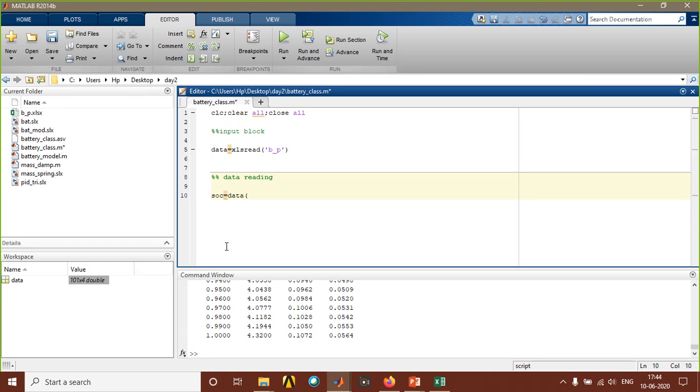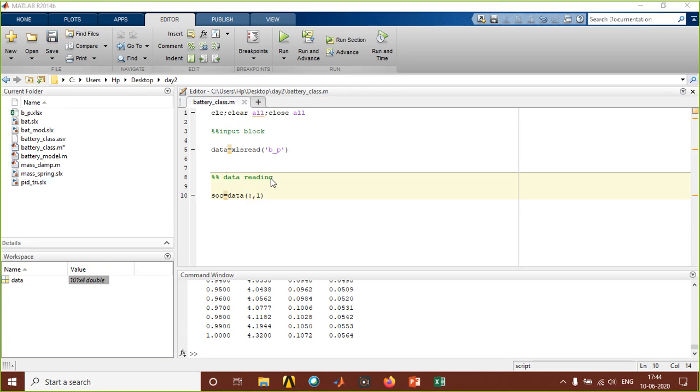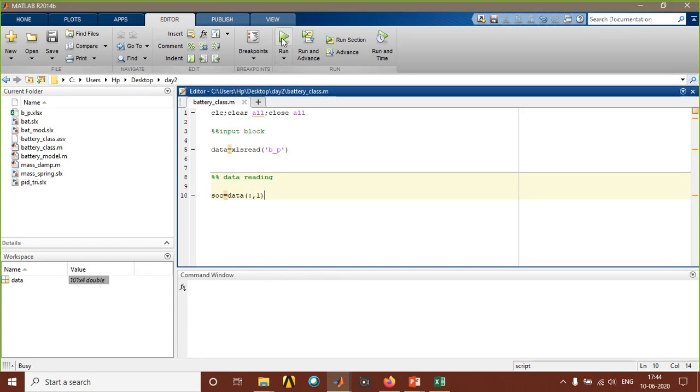Open bracket. I'm going to put a colon. If you put a colon, it means the complete column, all rows. Next is 1. I'm going to read all the data from the first column, and SOC is that first column. So if I run it,